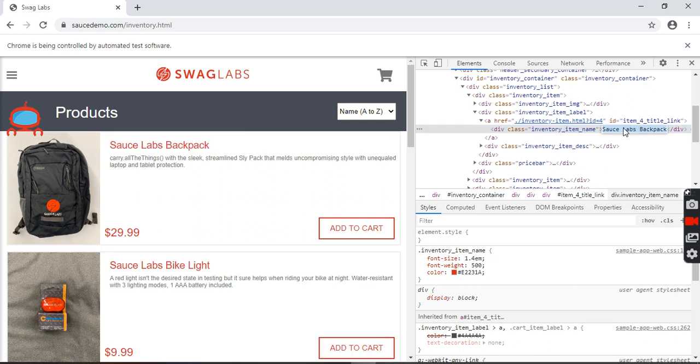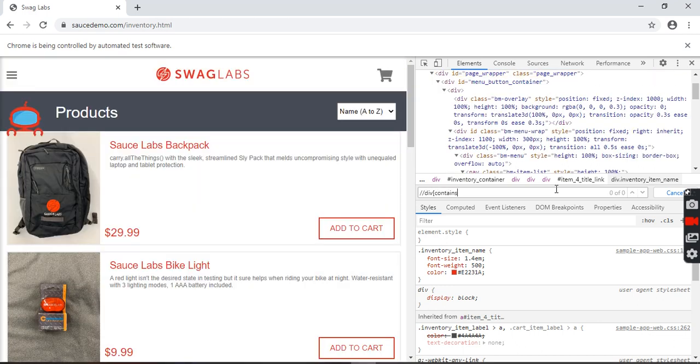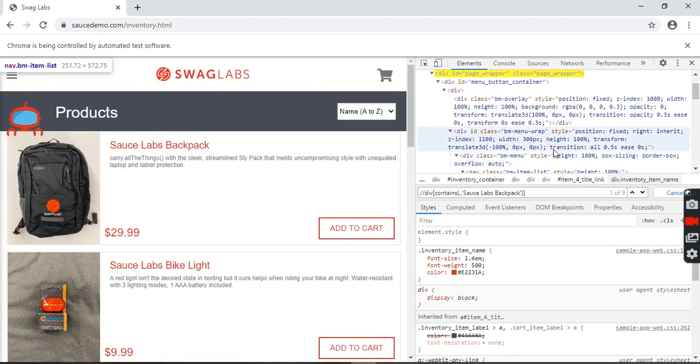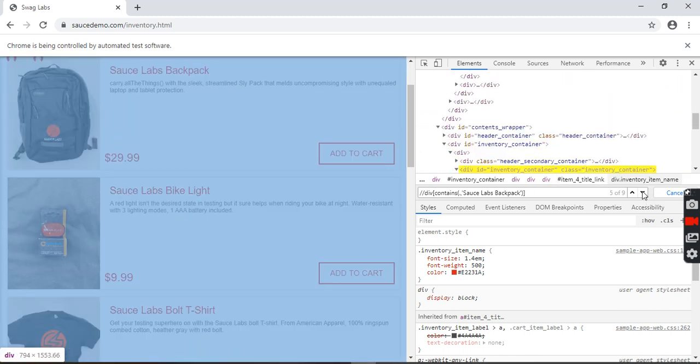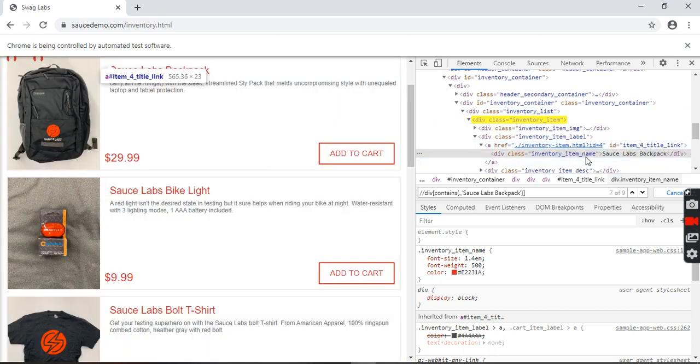First I am going to identify this one, div contains. Okay, and so many matching nodes are showing here. So which one is ours? Ours is this one, div contains this one. I am going to the parent A. I want to click on this particular add to cart button.